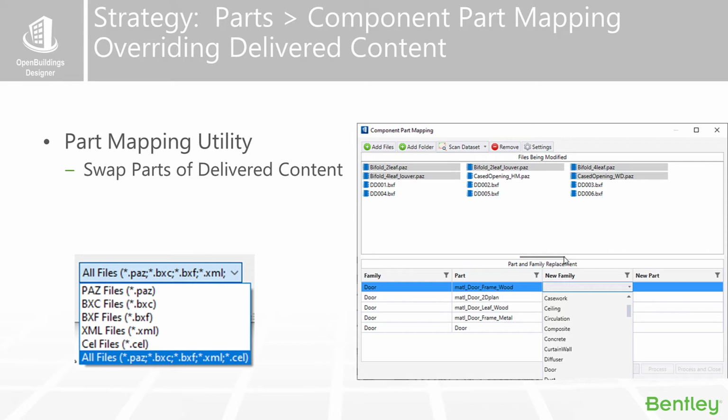cells. Okay, if you had a door like that PAZ file, which we use for our parametric cells for our door, you would have to open up the parametric cell tool to actually go in and be remapping it. And it's a little difficult to go through and be doing that. This will allow you to go in and select multiple doors, a whole folder, and be remapping them. So we'll take a look at a video here of going through to the